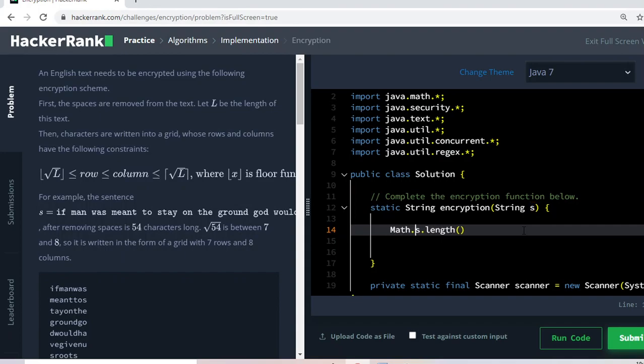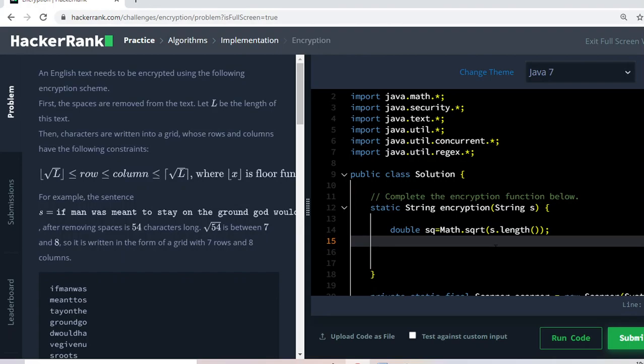You should use Math.sqrt. This will give me the square root value, and this value must be a double value. So I am storing this value in a double sq. Now I need to find out the ceiling value.